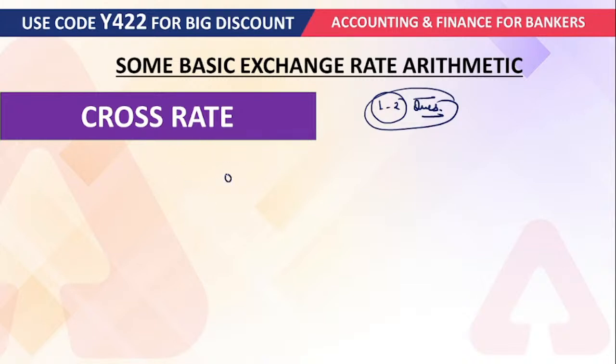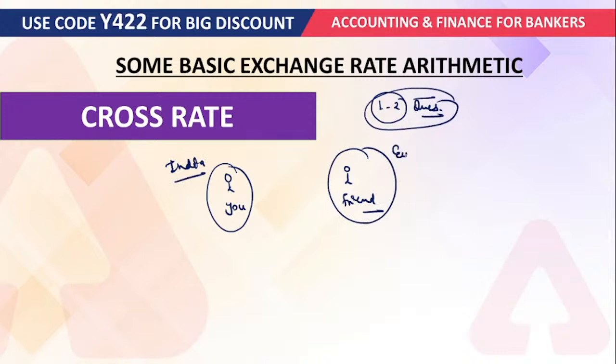So suppose that this is you and this is your friend. Okay, and you live in India and one of your friends lives in Europe, right? So you live in India and one of your friends lives in Europe, and suddenly your friend needs some amount of money from you. So then you have to send money from India to Europe, right? And you know the Indian currency is rupees and the Europe currency is euro, right? Okay, so